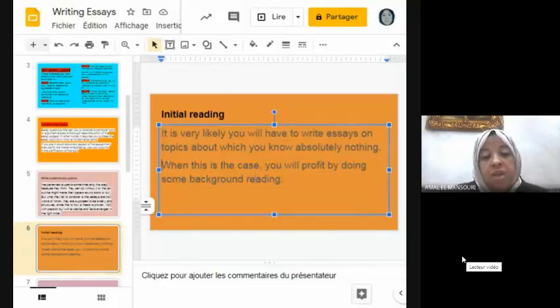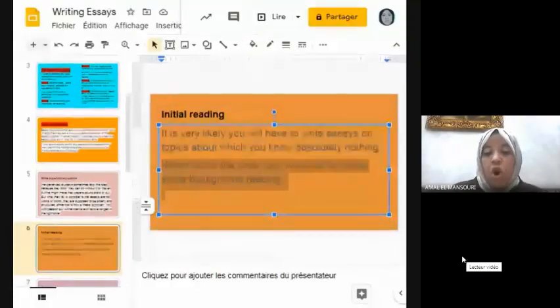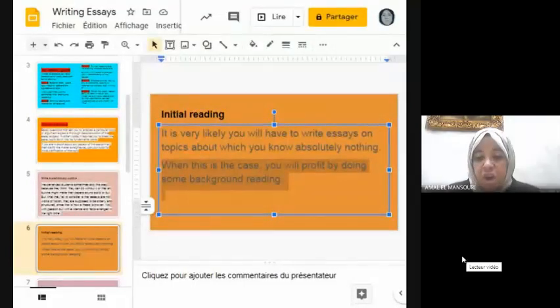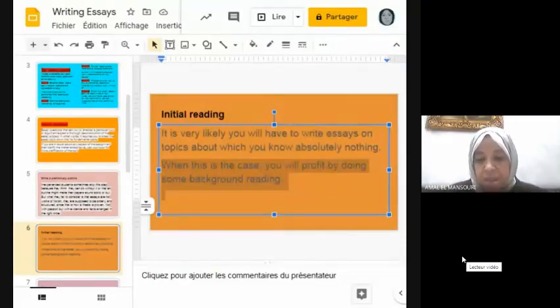When this is the case, you will profit by doing some background reading. So as I said before, reading plays a vital role in all the stages of the writing process, but it first figures in the development of ideas and topics.